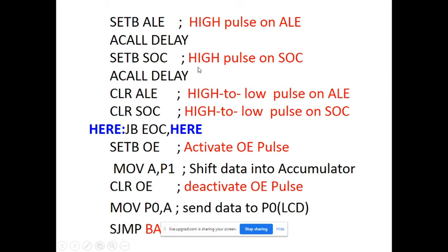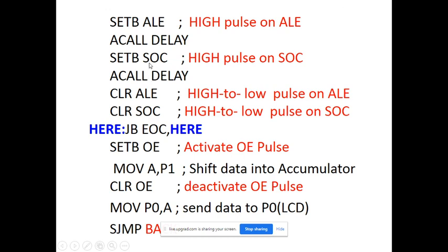Initially it is low and you want to make it high, which means you want to generate a rising edge, and that's why you are giving the instruction set bit SOC. Then give the delay. This is a single pulse: initially it is low, then it becomes high, then again it is low, so one pulse is generated on ALE.